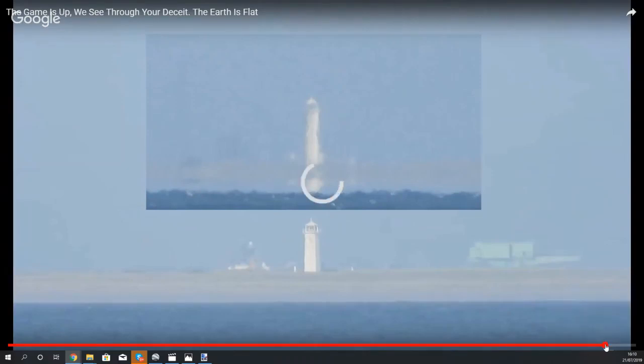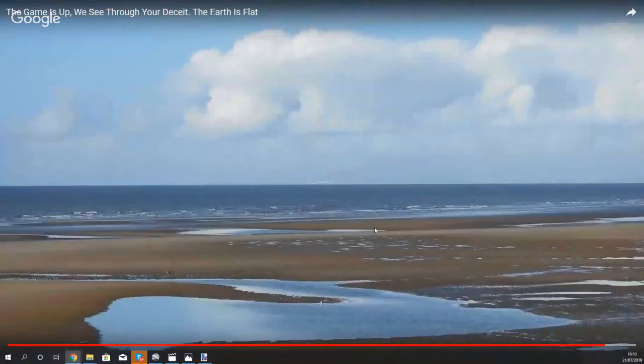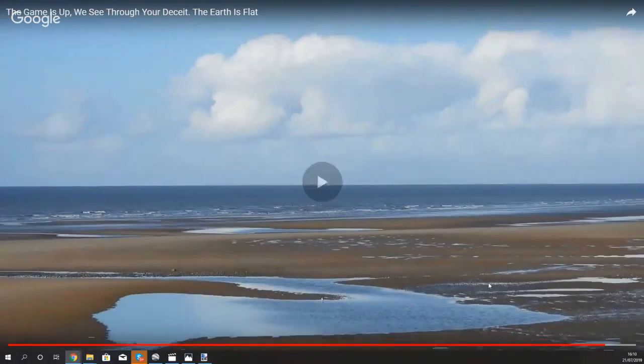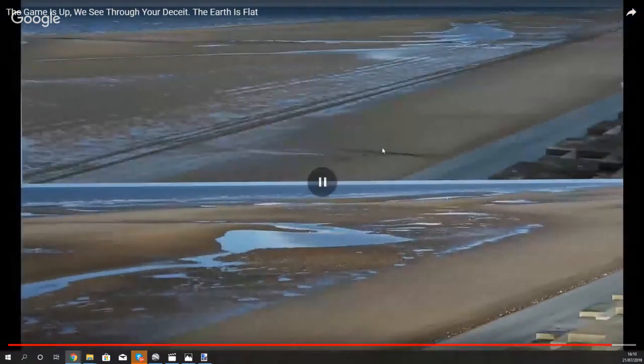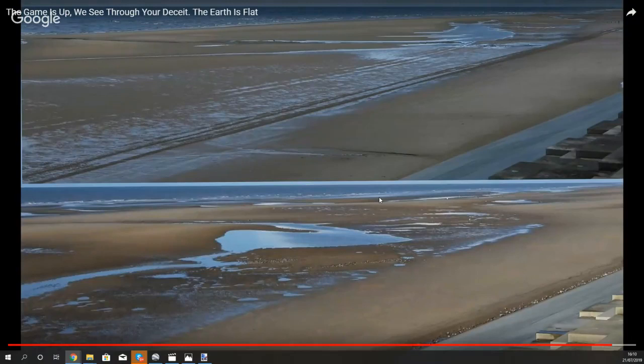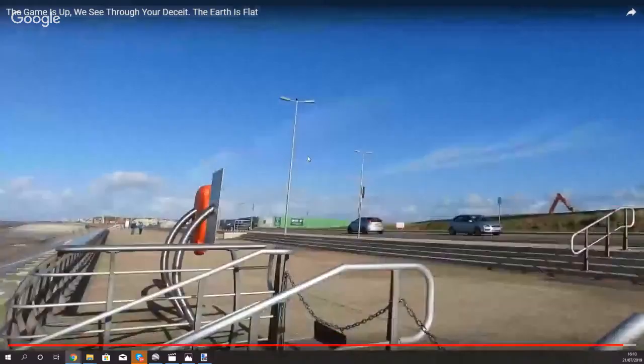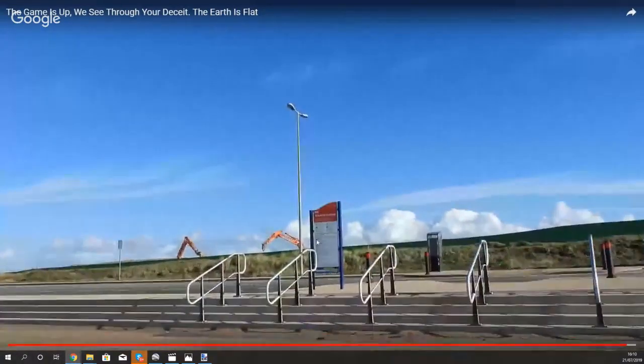You see, these 2 videos were taken from exactly the same spot with exactly the same tide height, exactly the same position, similar kind of days, no real difference. Here's 2 screenshots of the same location. You can see that the tide is out here on this one, and here on this one. You can see that I'm at the same position on the railings, because in both images I turn around and do a 360 and point the camera at the actual